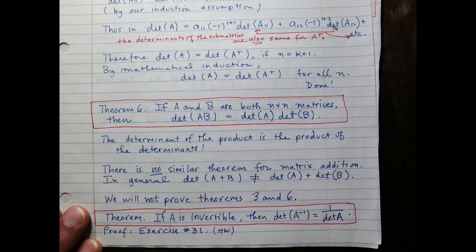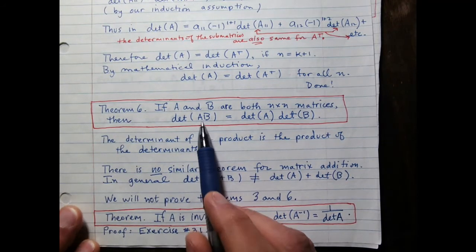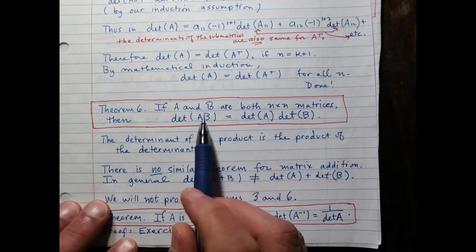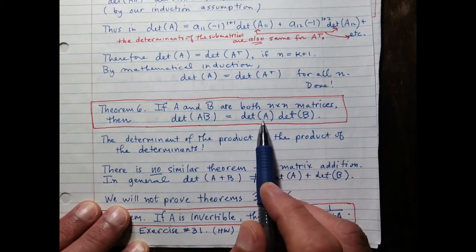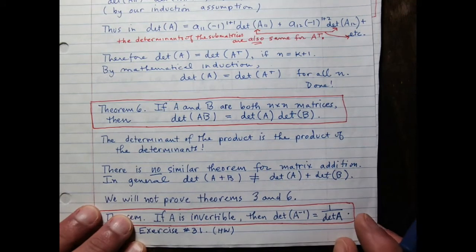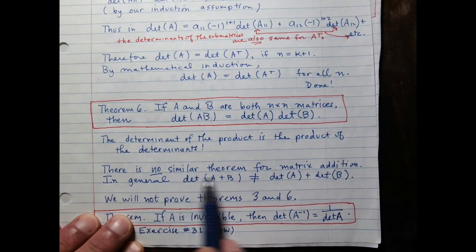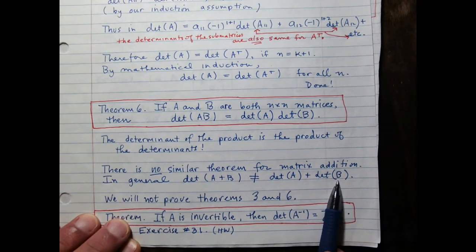Determinant is this complicated calculation that gives us a number associated with the matrix. When we multiply two matrices, they get sort of intermingled, tied together in a crazy way. And yet the determinant of that product of those two square matrices will always be equal to the product of the two separate determinants. It's just amazing to think about that. So the determinant of the product is the product of the determinants. There's no similar theorem for matrix addition. In general, the determinant of A plus B is not equal to the determinant of A plus the determinant of